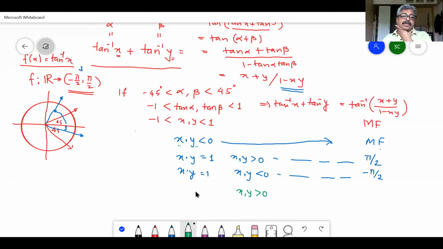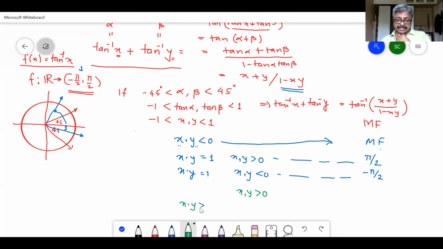And if both of them are positive, what is the condition so that they exceed pi by 2? Now the condition for xy we have seen. If it is 1, then it is on the boundary. If x into y is less than 1, then we are discussing the safe case. Therefore, if x into y